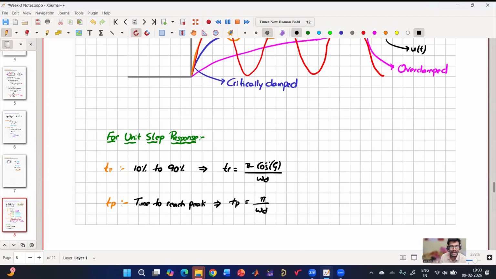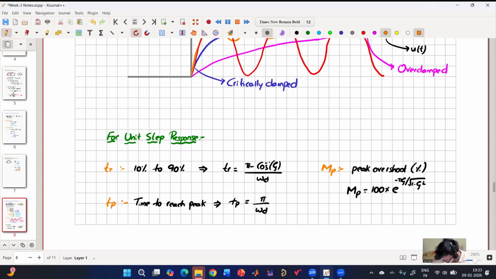And then there is maximum percentage overshoot, which is Mp. How much is the peak? This is called peak overshoot, in percentage. So Mp equals